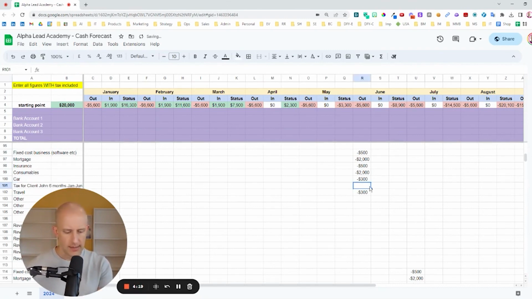So this is the tax, and let's say it's 20%. You just put it here, and you always have to put a minus because obviously this is a negative figure. It's an outflow. And so we can do 1,900 times 6 times, and let's say sales tax is 20%. I know the math is not perfectly correct here, but it's always better to be more conservative. And close that, and this would be the sales tax that you then have to pay.